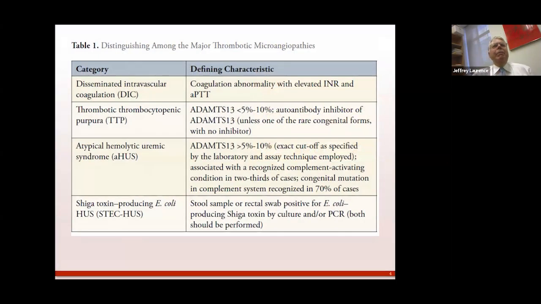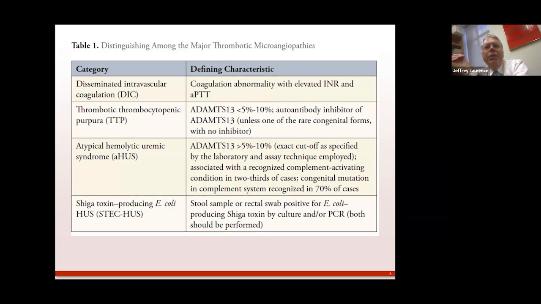This basically just says what I've said before. There are 4 major types of TMAs. I just want to emphasize the major points in terms of diagnosis. DIC, you'll have an elevated INR and PTT. I don't know how to discriminate between TTP and HUS in the setting of active DIC. It's basically treat the DIC and call me in the morning. TTP, as I'll show you in a pathophysiologic slide, the sine qua non is a low ADAMTS13 activity. 95% of the time, patients with TTP are immune-mediated with an autoantibody against this enzyme. About 5% of cases are congenital, where the ADAMTS13 level is 0 and it's due to mutation.